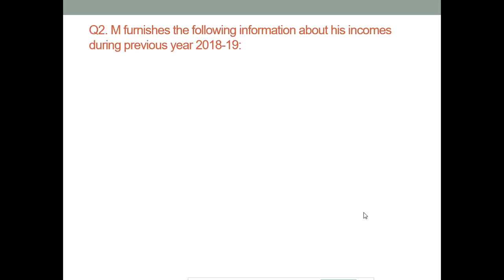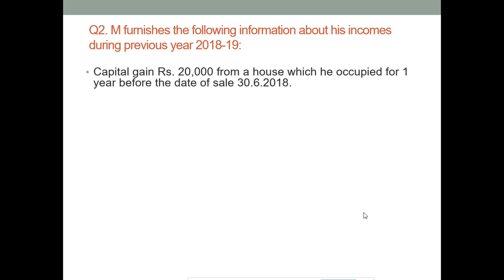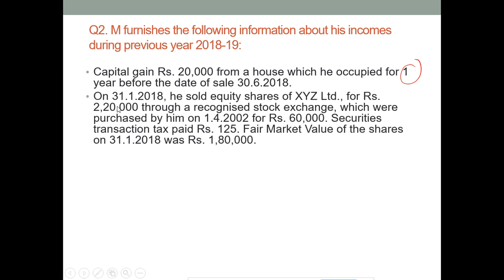Let's see another problem. M furnishes the following information about his incomes during the previous year 2018-19. First, capital gain of rupees 20,000 from a house which he occupied for 1 year before the date of sale on 30/6/2018. Secondly, on 31st January 2018, he sold equity shares of XYZ Limited for rupees 2,20,000 through a recognized stock exchange,